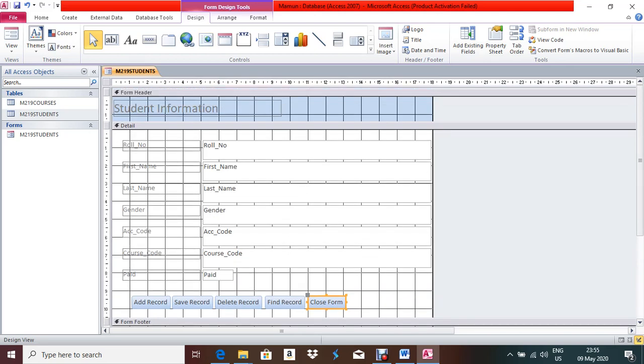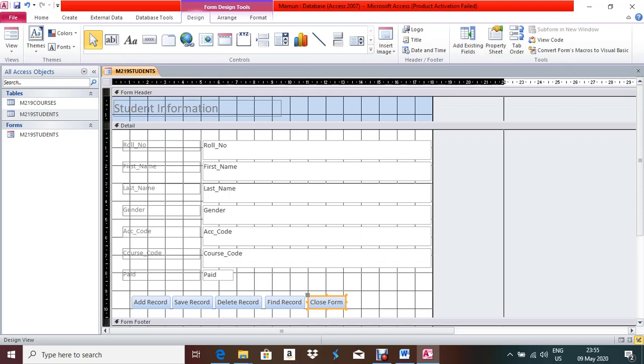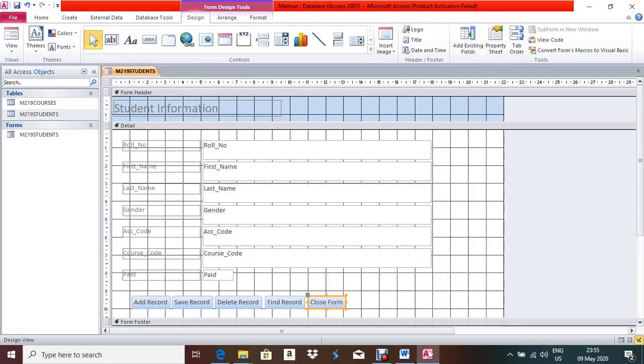So what will be the third improvement? Third improvement, I will make a combo box. Where I will make the combo box, in ACC code? No, when you create the combo box, you will just keep one thing in your mind. Some data you need to input several times, right? Like gender. So you can make gender as a combo box. So select this one, delete this part, and select, this is called combo box or drop down menu. So drag it here.